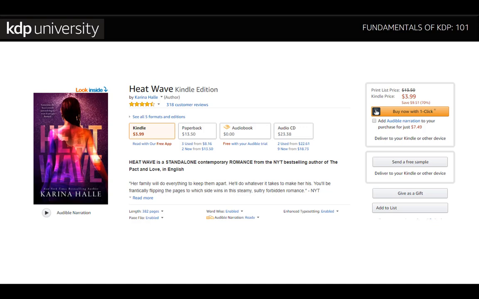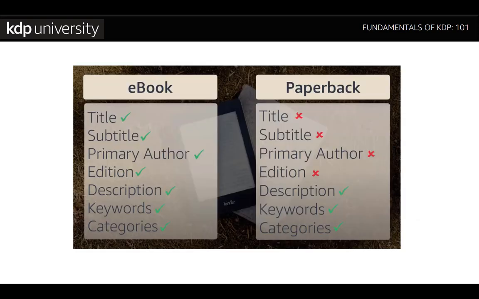your title's detail page. Changes can be made to your book's details and content after your manuscript is published, with some limitations. Paperback book details are linked to the ISBN. This is a unique identifier that's used to establish and identify a paperback title with a specific publisher, and it's unique to that edition. Because the ISBN is uniquely linked to your paperback, there are certain book details that cannot be changed after publication. These include details such as title, subtitle, author, language, edition, ISBN, and some of the physical